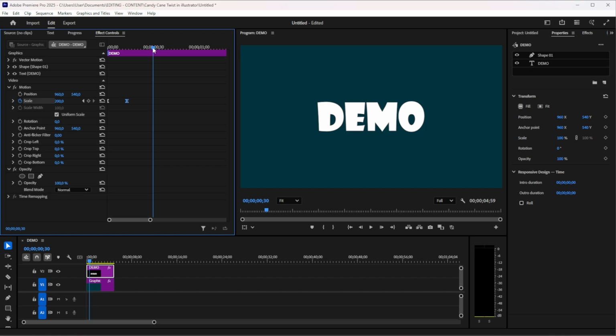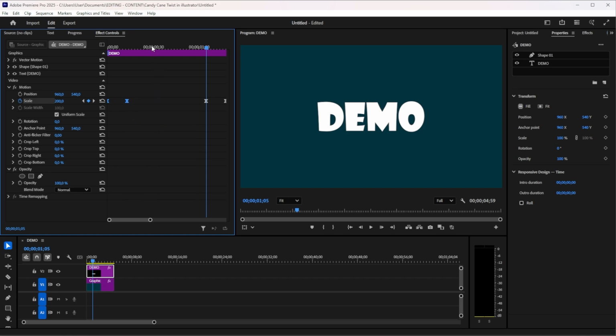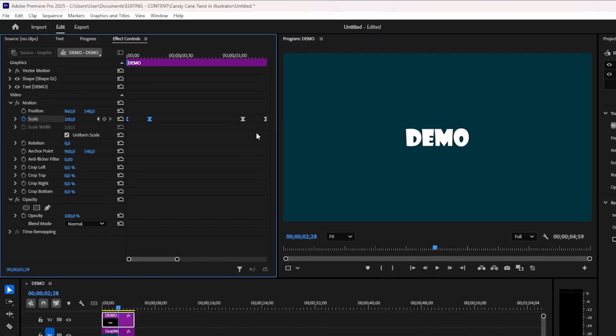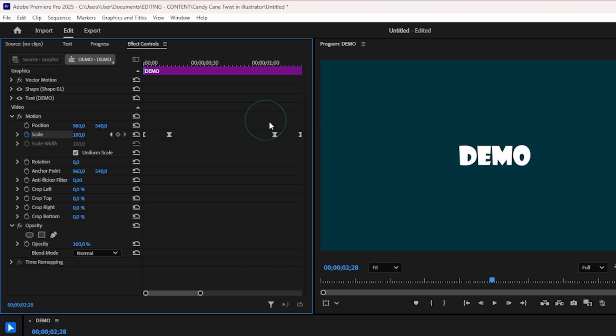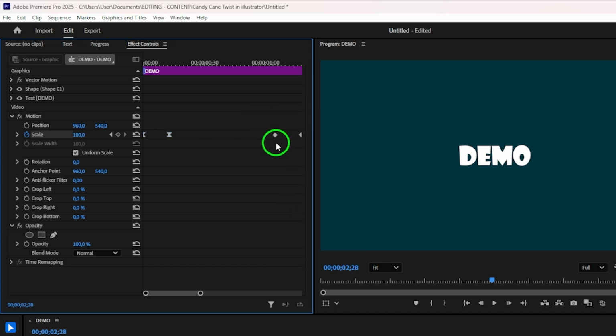To duplicate a keyframe, hold Alt and drag it. You can also duplicate multiple keyframes by selecting them, right-clicking, copy, and pasting them wherever you like. Whenever you duplicate keyframes, make sure you readjust the easing. Remove the old easing by right-clicking and selecting Linear, then apply Easy Out to the first keyframe and Easy In